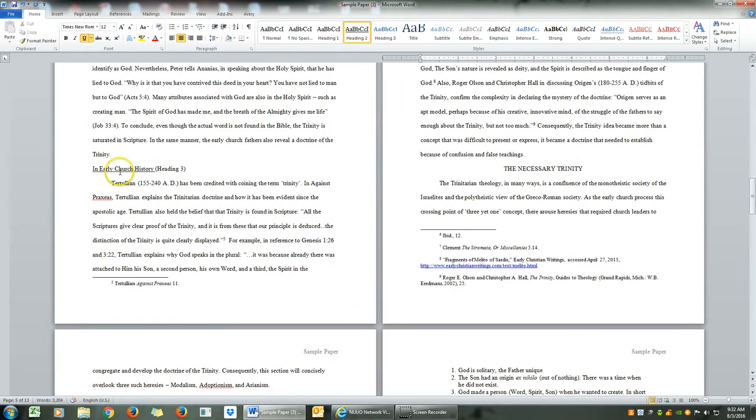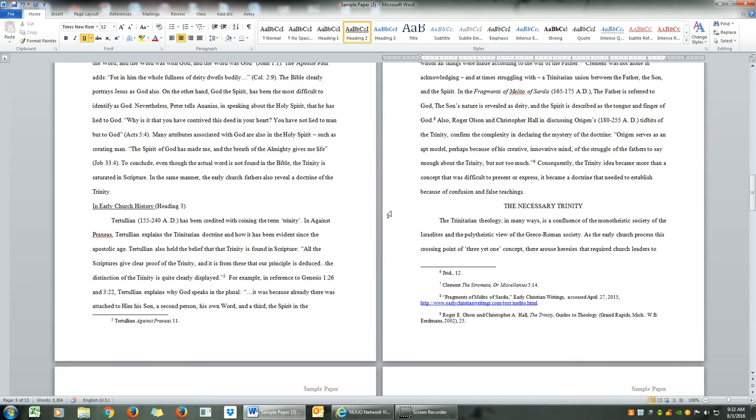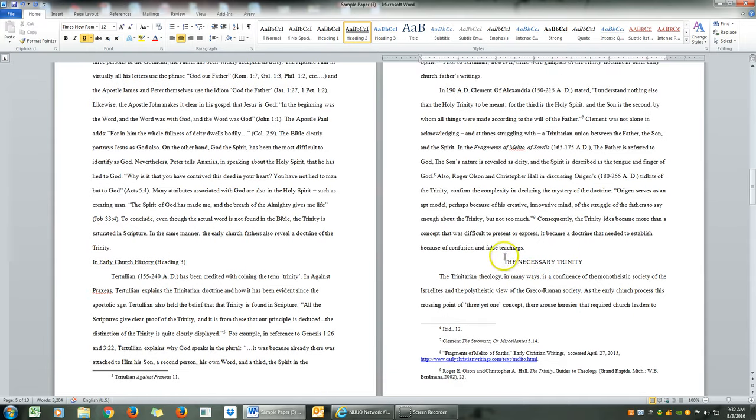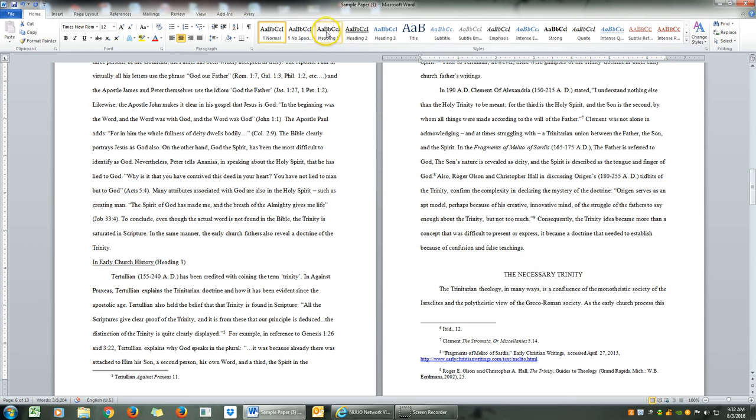If you want heading 3, you can program it, but in APA I don't think it's required to add heading 3 in your table of contents. So as of right now with this sample paper, I'm going to just program heading 1 and heading 2. So here, highlight, click heading 1,